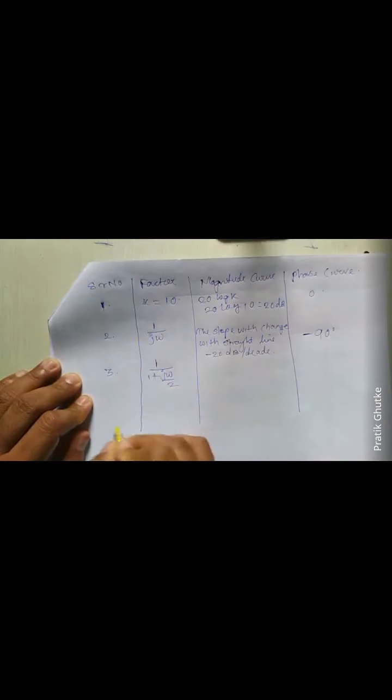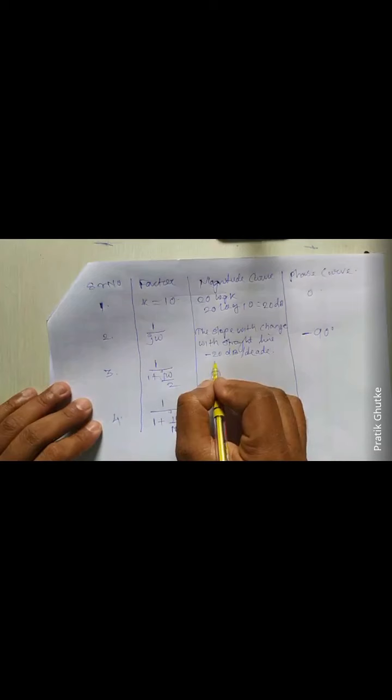Yes, what is my next factor? That is first order pole, 1 plus j omega by 2. And then the fourth one, again next first order pole, 1 plus j omega by 10. So now the slope will change by how much? First of all, it is minus 20. Then again, there is a first order pole. So my slope will change with the straight line at minus 20 and minus 20. It is minus 40 dB per decade. And it will go up to its corner frequency. So what is my first corner frequency? It is 2. So this slope will go at minus 40 dB per decade.